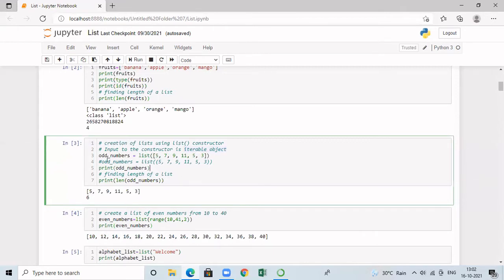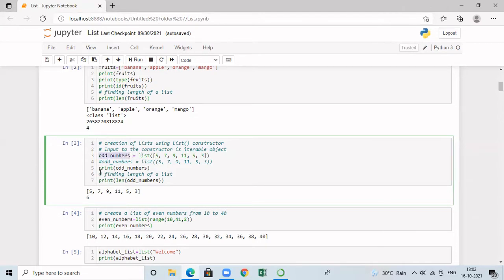So now let us consider how to create a list of odd numbers by means of this list constructor. So first I have to call the list constructor. So you can consider here I am calling list. This is nothing but the class name. And since constructor is a function, I have the open and close parenthesis. And inside this, I have to specify the iterable object. Now I am specifying one of the iterable objects as a list. So I am going to create a list by means of these elements. And it is going to create a list and that is stored in a variable called odd_numbers.